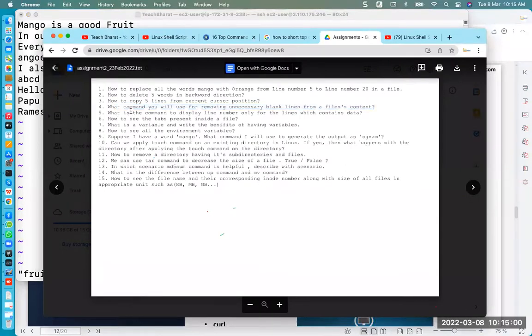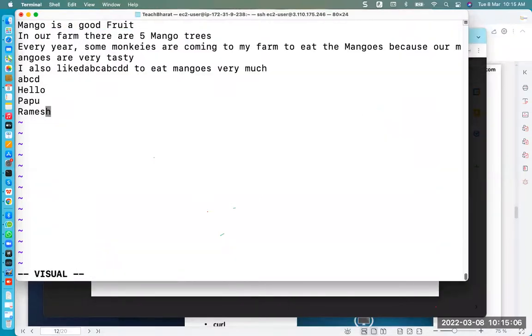What is the command you will use for removing unnecessary blank lines? So let's say I have a data file like this. Here let's say a single line, and here again multiple blank lines. A single blank line is fine, we know it is a blank line, but multiple